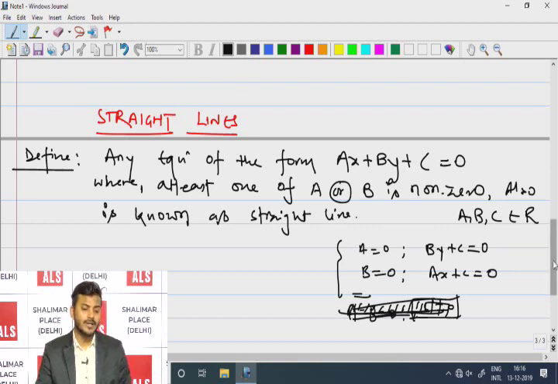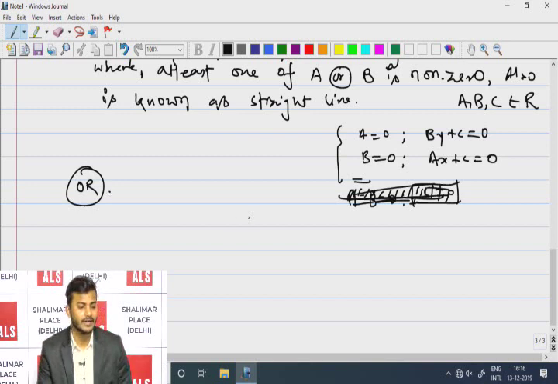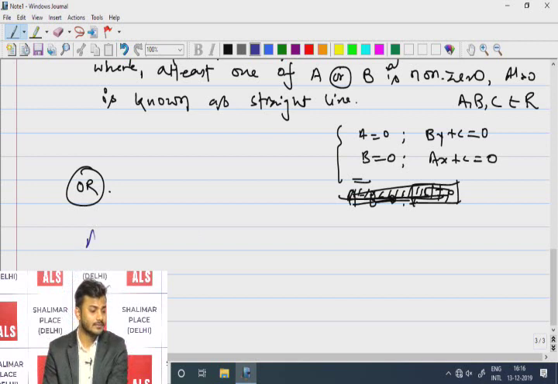This is in mathematical form, or if I have to define it in terms of locus in space, we can define it this way. Or the second definition is: what is the characteristic of a straight line? A straight line is a curve